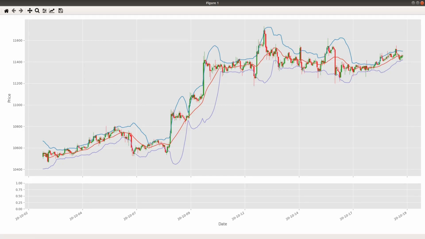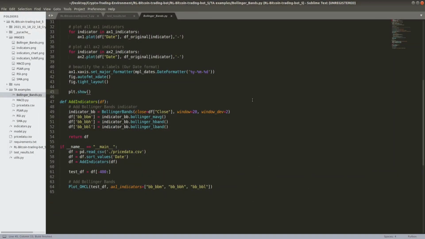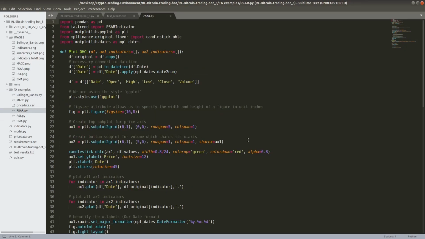So actually we can move ahead, and now I'll close this, and I would like to talk about Parabolic SAR. The Parabolic SAR is a widely used technical indicator to determine market direction, but at that same moment to draw attention to it once the market direction is changing. This indicator can also be called the stop and reversal system. The Parabolic SAR was developed by J. Wells Wilder Jr., the creator of the Relative Strength Index. That will come later. So on the chart, the indicator seems like a series of dots placed either higher than or